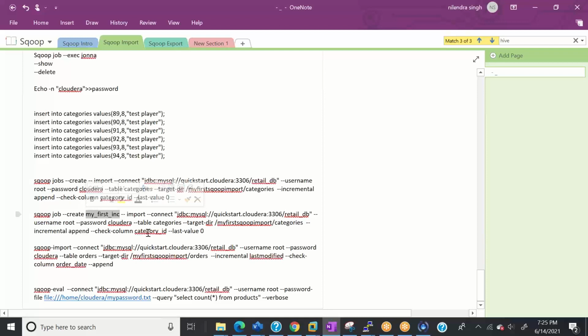And then that job is importing data from this database and a number of things, from the table categories, almost the same thing.